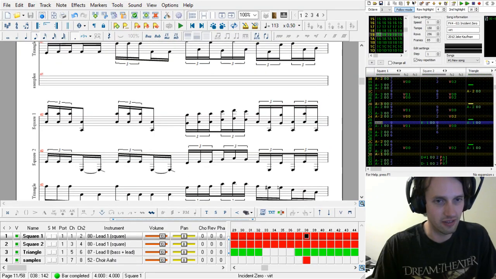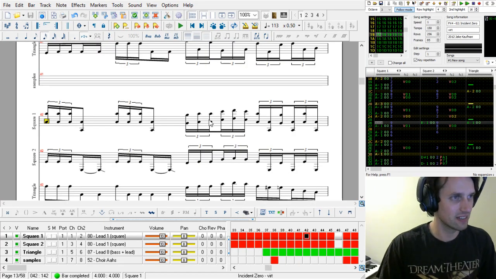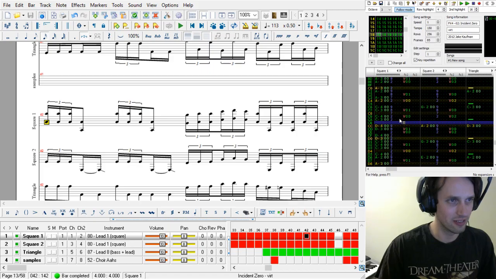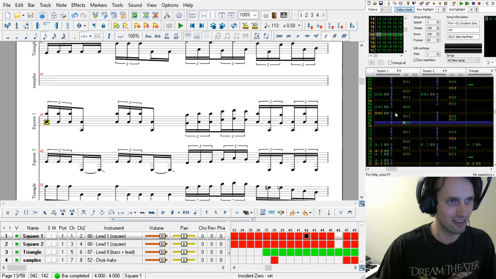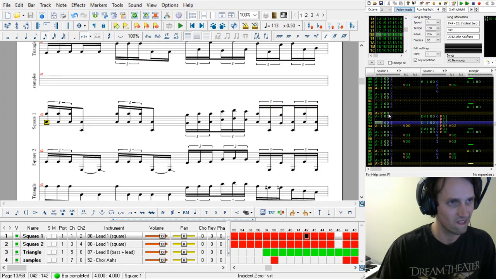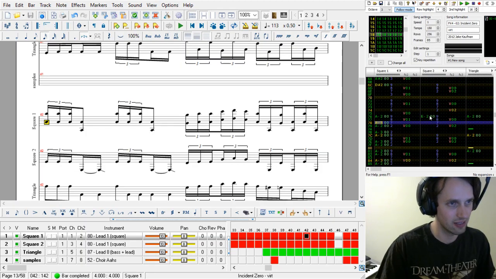Okay, this part's interesting though. So notice how, again, I have this doubled in octaves, but this is supposed to be a monophonic voice. How is this done? So this was also a great mystery, but look at this. Look how dense this is in the tracker. So if you look, we got A2, and then almost right away, we got A3. That's the same thing, doubled an octave higher. So you get to hear this for a 64th note, and then it's already playing the other note.